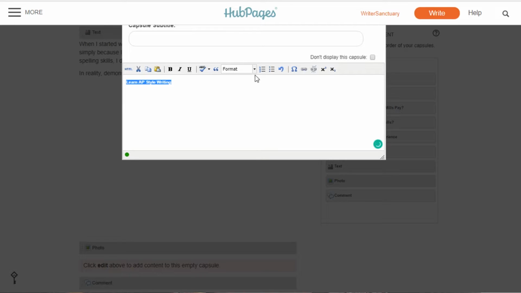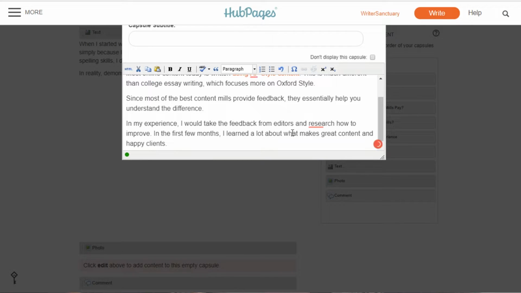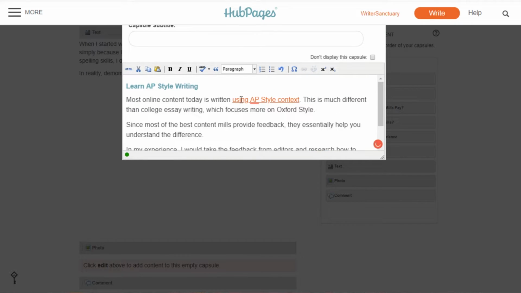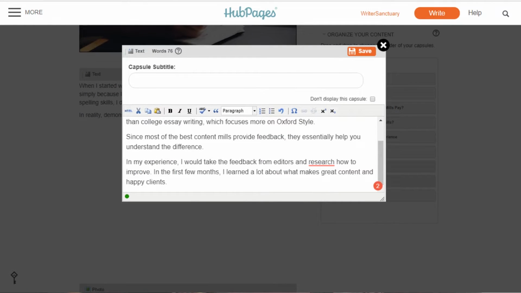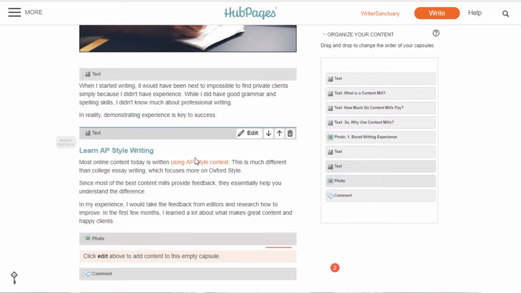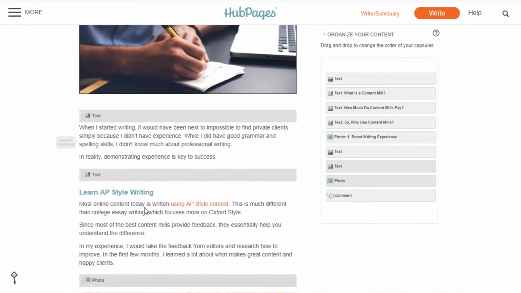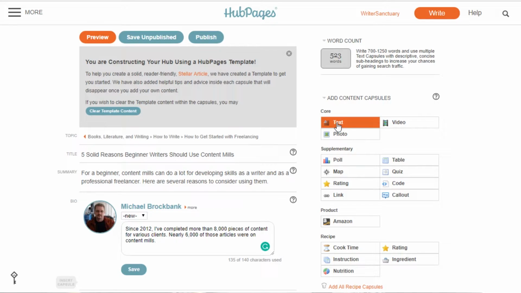I want this to be H3. Put on my text. And I did have a link that goes to AP style context. Okay, so now we'll hit save. I guess that works. Text,